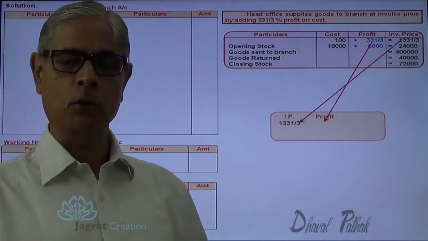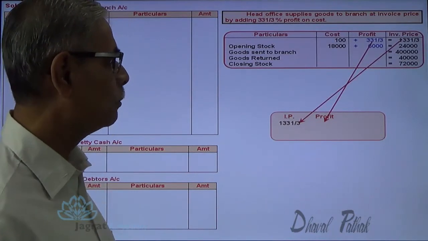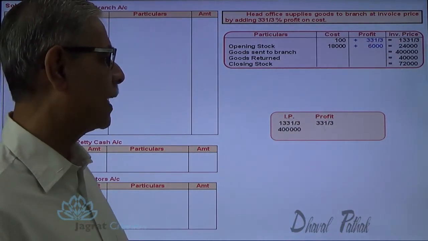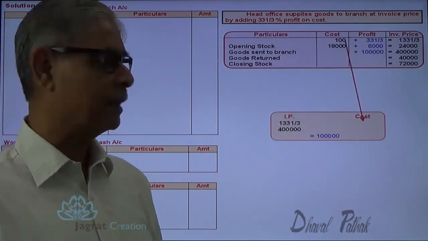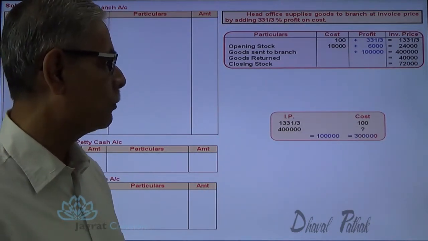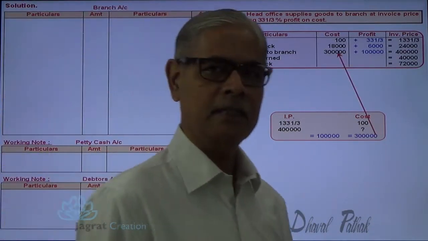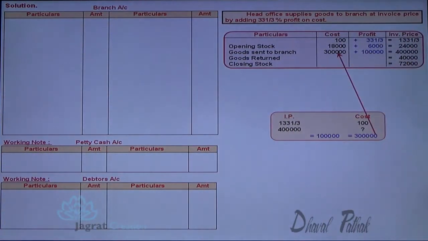133 and 1/3 is equal to 33 and 1/3 is the profit. How much for 4 lakhs? So 1 lakh is the profit. 3 lakhs is the cost. 133 and 1/3 is equal to 100 is the cost. How much for 4 lakhs? So 3 lakhs is the cost. This is how you can find out the cost element and the profit element, which is a part of this